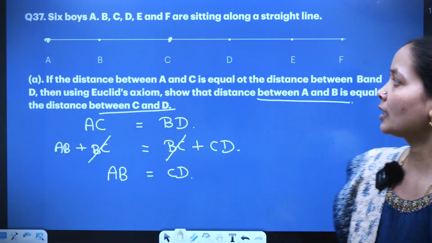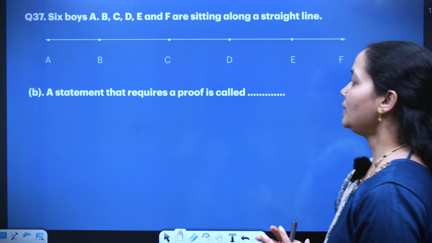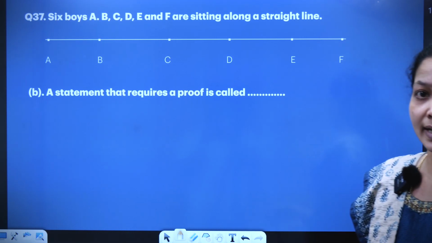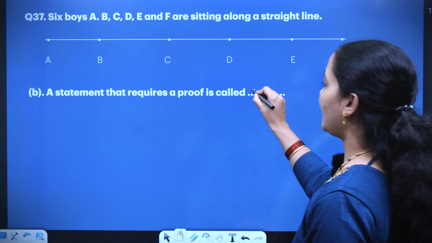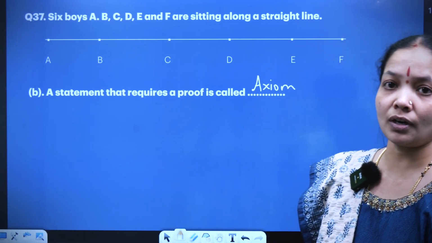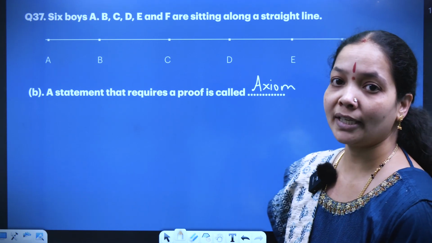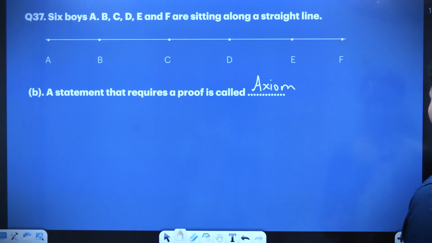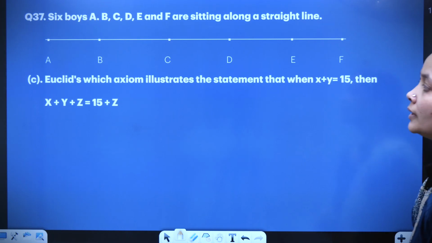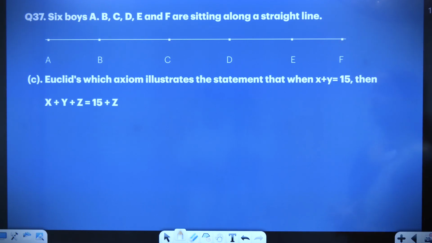Moving to 37th B part, a statement that requires a proof is called an axiom. The statement which requires a proof is called an axiom. The statement which does not require a proof will be called a postulate. Okay. In the C part, which of Euclid's axioms illustrates that when x plus y is 15, then